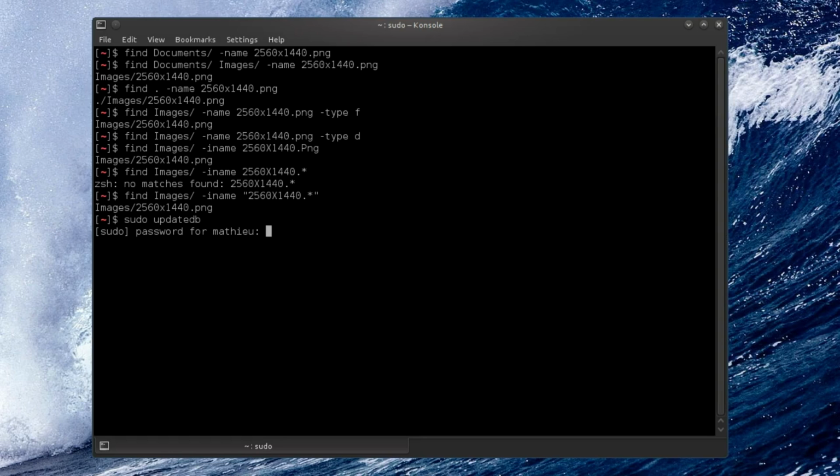I can try it now, and it's gonna ask me for my password, and I'm lucky it didn't take that long. If you don't have the sudo command, you can either install and configure it, but in all cases you should be able, except maybe on Ubuntu systems where the password for root is not defined, to use just the su